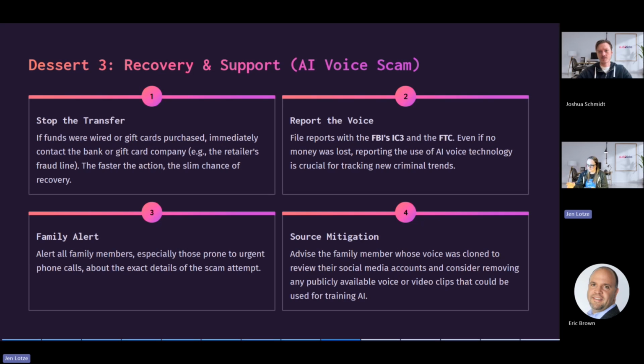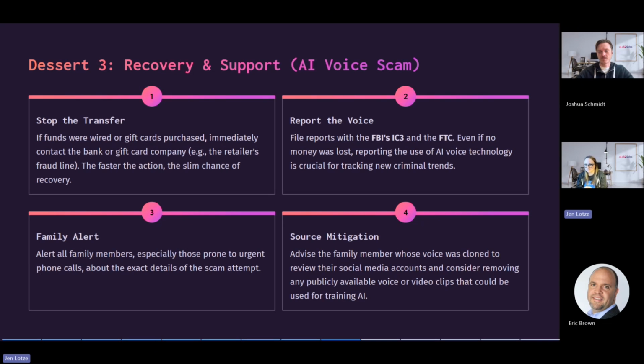Well, I like what you said there because you were leaning into one of the great things you can do with your family. Create a code word, right? Like, what's our emergency code word? And if this person can't provide that, it's going to make it a lot easier as well. It's just like multi-factor authentication, right? This person knows the name that they're calling, they know the person that they're impersonating, but they don't know that secret word that you share in your family. So it's built-in MFA, and we love it when that happens.